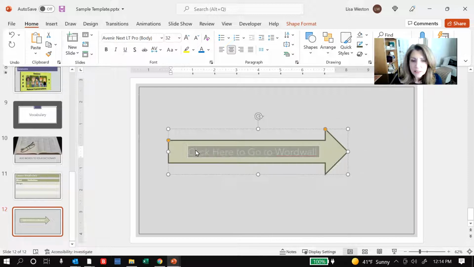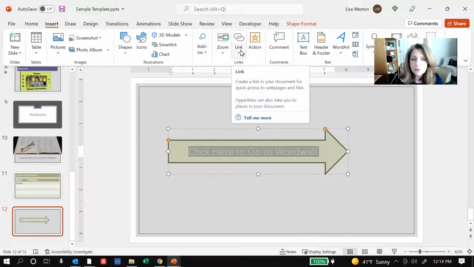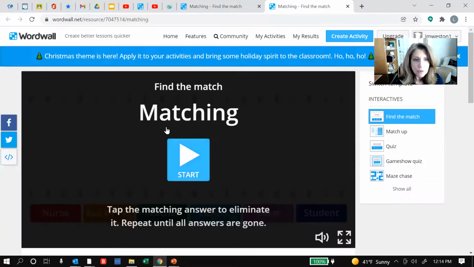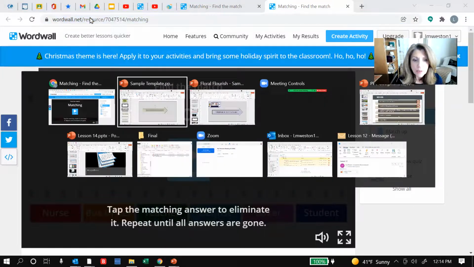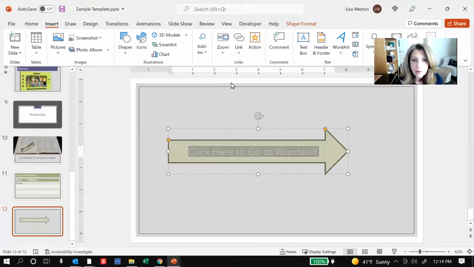So I want to select this text and I want to go to my insert tab and I want to create a link. I first though need the URL. I need the address to that particular website. So I'm going to go back to my browser. This is the game I want to link to. Click in the address field. You may remember we did exactly the same thing for the video. It's highlighted in blue. I'm going to Control-C to copy, and then I'm going to head back here to PowerPoint,